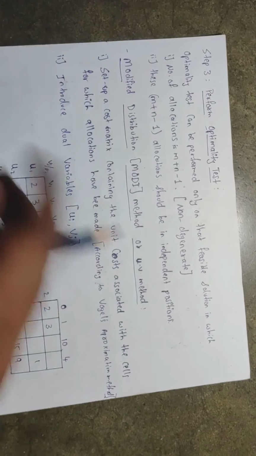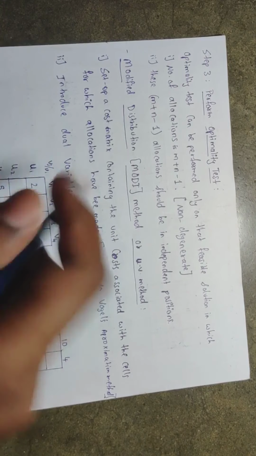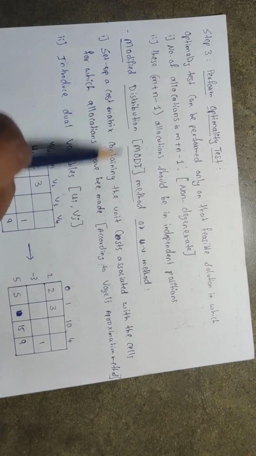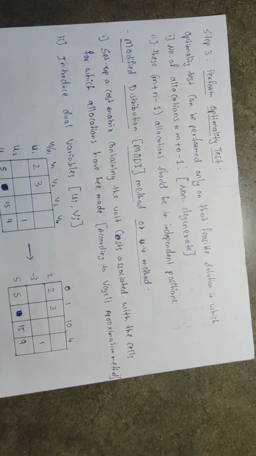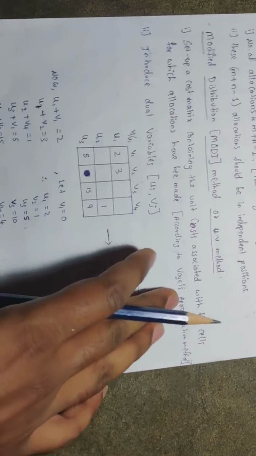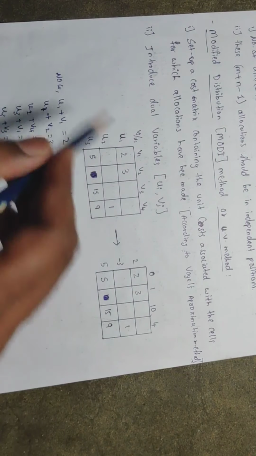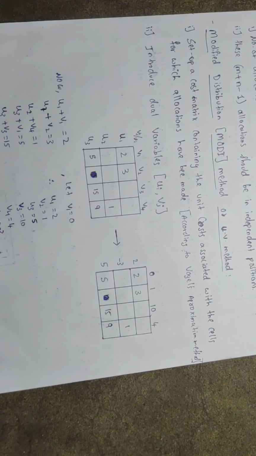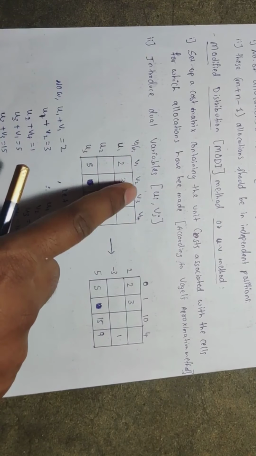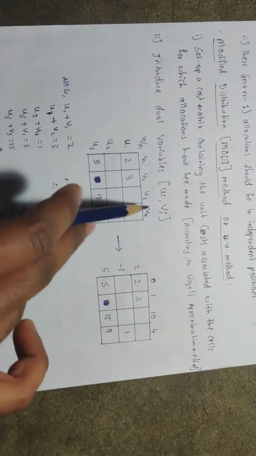Okay, so in this, again, performing the optimality test, there are various methods to do it, but one method is called the modified distribution method or MODI method. It is a very effective and very easy one to solve. So what we have to do, the first thing, is set up the cost matrix of the allocation cells. You can see I have allocated here; the allocations are given for 2, 3, 1, 15, 9 and 5. Only those cells you allocate here. Then give the naming for each row and each column as u1, u2, u3, v1, v2, v3 and v4.